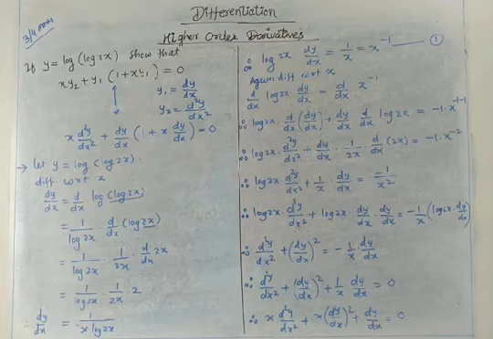The next example. See the next example. If x square plus 6xy plus y square is equal to 10, then show that d square y upon dx square is equal to 80 upon (3x plus y) bracket cube. Okay, so for this example, see what we'll do. We'll start with simplification. This example is related to implicit function. Implicit function means a function of x and y. So let's begin with the given step.